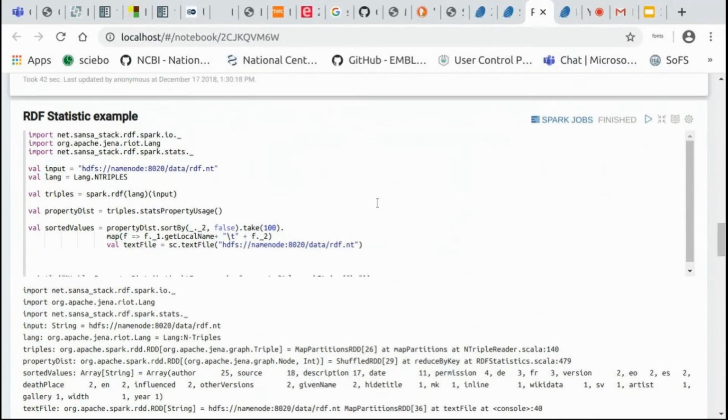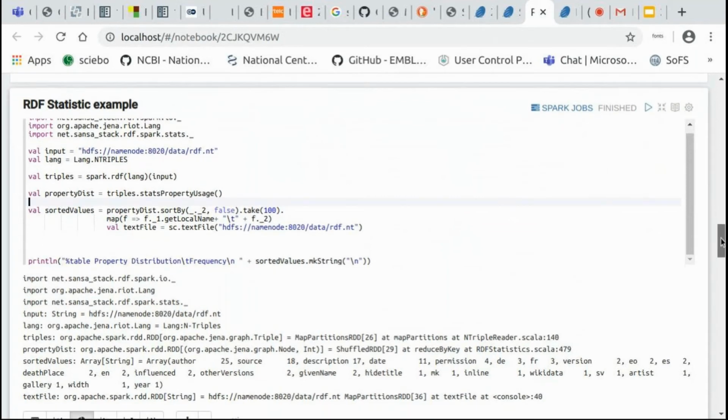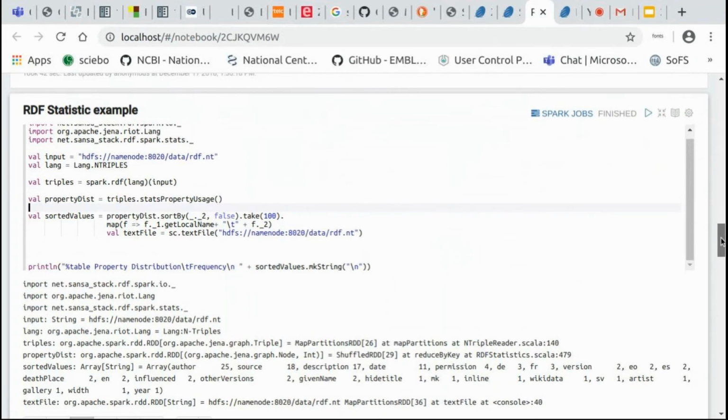Maybe a bit further down, exactly. So the idea here is taking the ldf.nt file. We want to extract the property usage and then display those statistics in a graceful way.